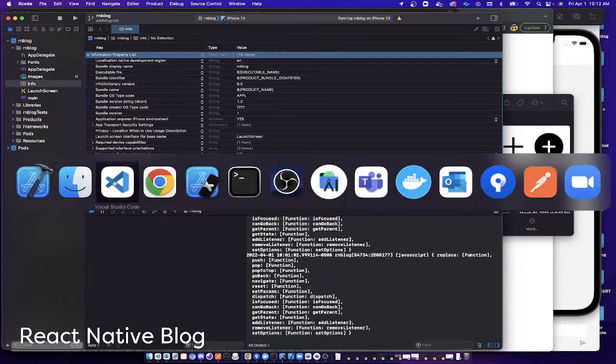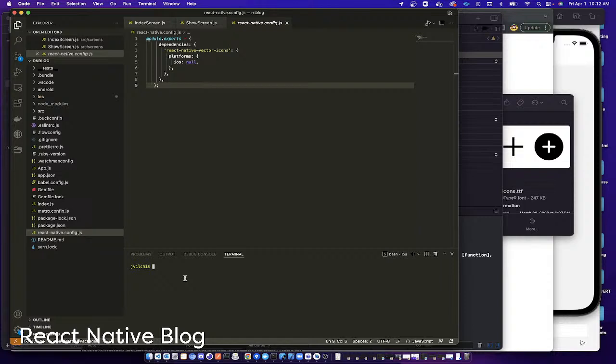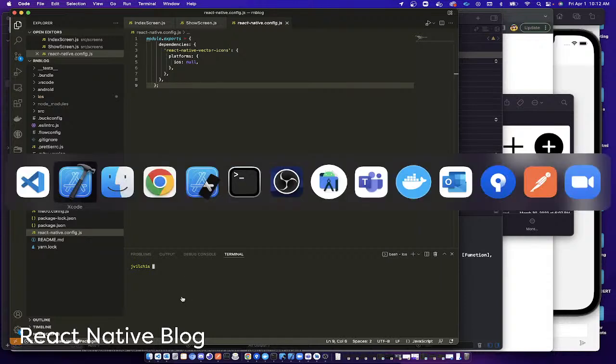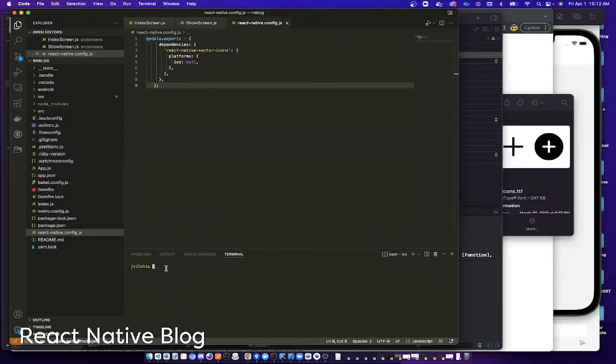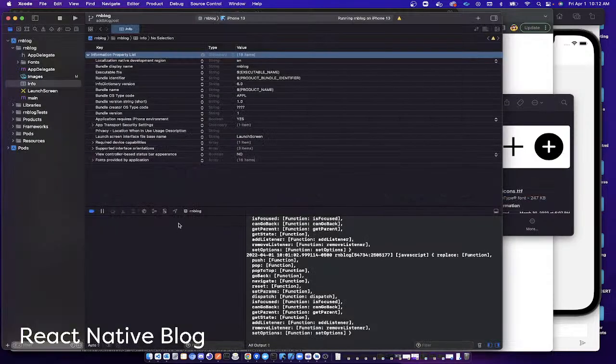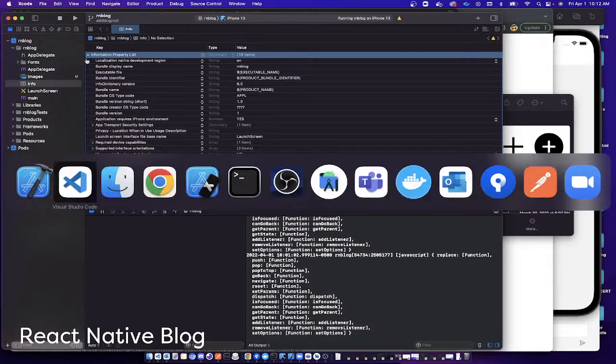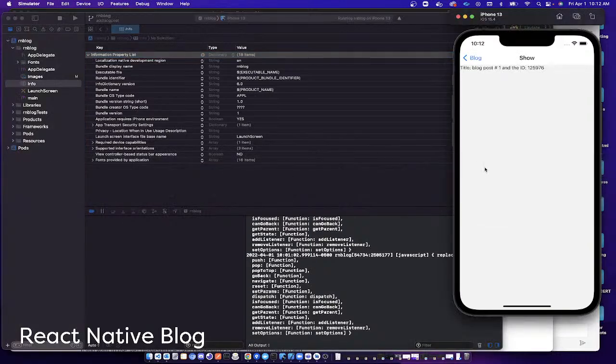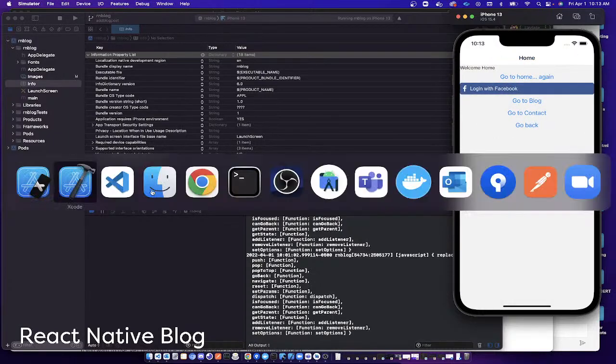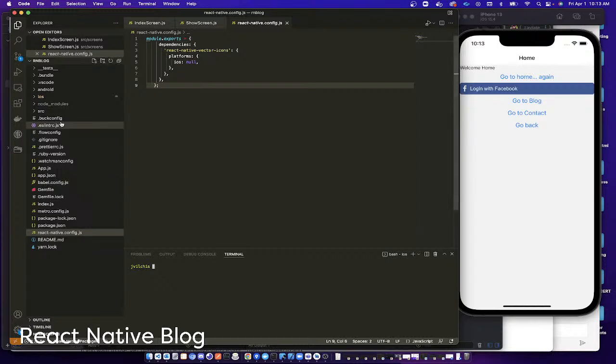So we're going to go back over here. We run the install once more, and then do the linking and do the pod install. Then you come back to Xcode and you run the project again. Once that is done, you're not going to see anything, but you just want it to work basically. So once you're done with that,